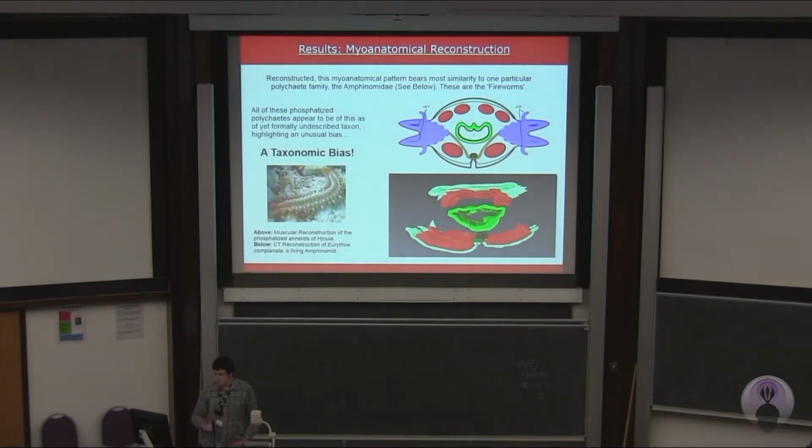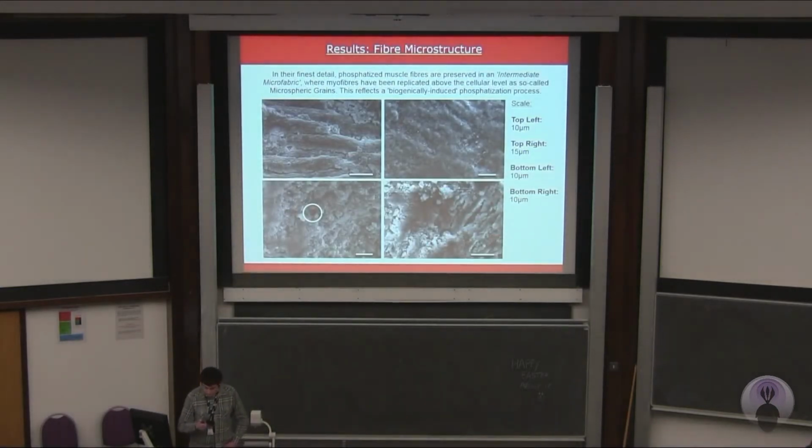So, what does this imply? Well, the fact that all of these polychaetes can be identified to this level across them all suggests that there is a taxonomic bias prevalent in this, which, while it has been noted before by authors, hasn't been mentioned before at such a small level or such a low taxonomic rank, being effectively within one species within the Lebanese Lagerstätten. So, moving down onto the microscopic level, you can see here this picture again with these